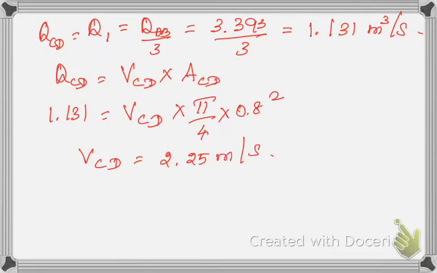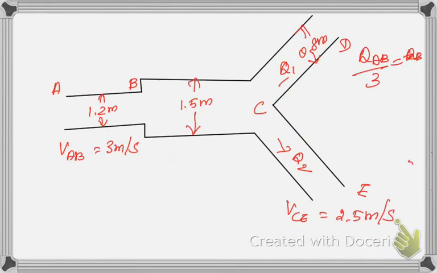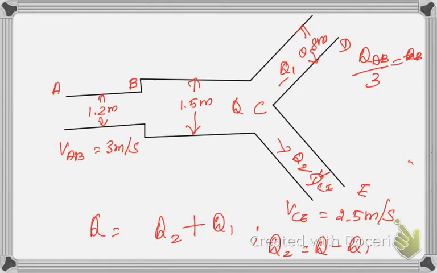The next thing they have asked us to determine is the diameter of the pipe at CE. You can view the pipe. We have to determine the diameter DCE. For this we can get the value of Q2. What is this Q2 here? Generally the total value is Q. Q will be equal to Q1 plus Q2, because the value entering here is Q. So Q2 will be equal to Q minus Q1. This is very simple.